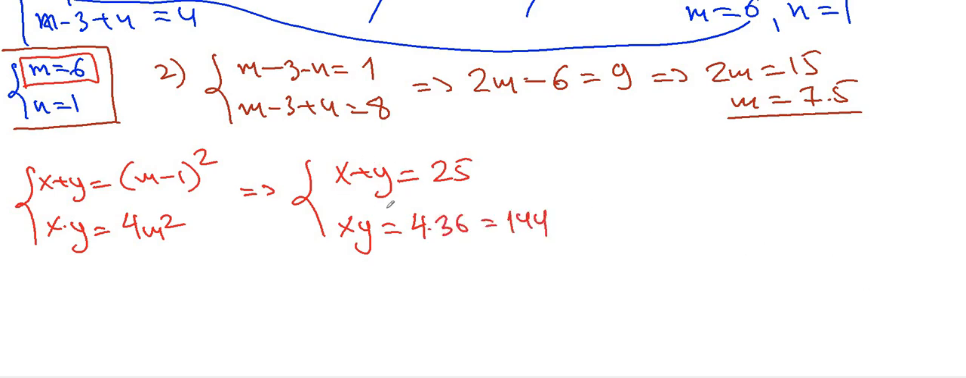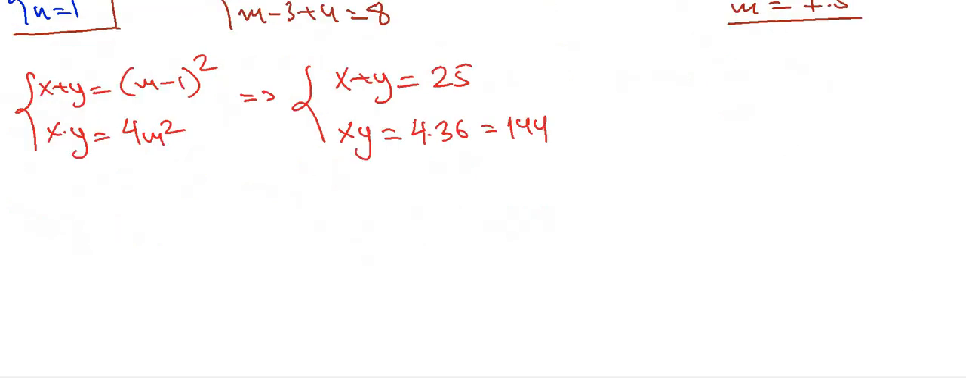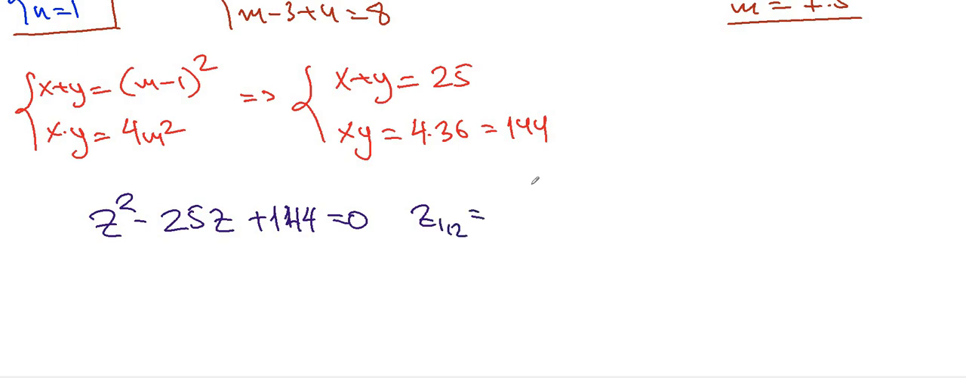Now imagine that these are the roots of some quadratic equation. So therefore let me write the quadratic equation: z² − 25z + 144 is equal to 0. And here let's solve this quadratic equation. So z1,2 is equal to